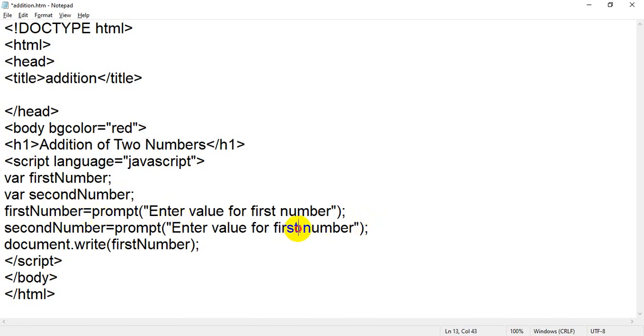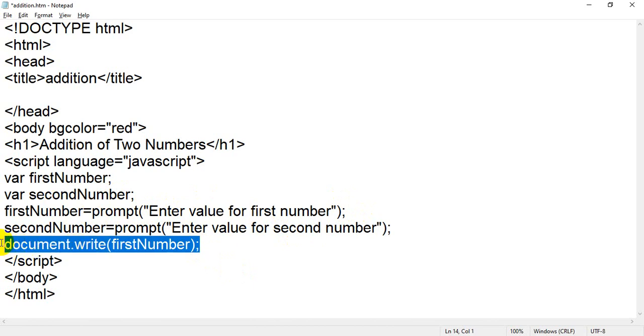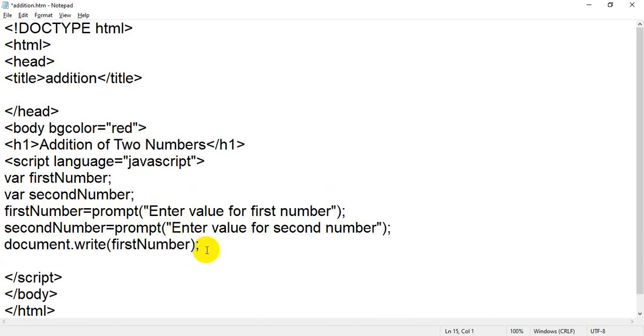And here I will write enter value for second number. Now if you want to check the value, Control C, Control V, document dot write second number.